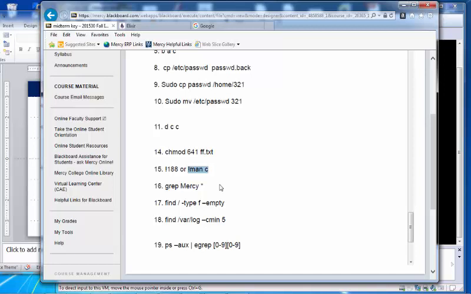Therefore, you need to do grep mercy. Grep needs two parameters. First parameter is the keyword. Second parameter is the target location. If you say star, then it means any file in that directory.